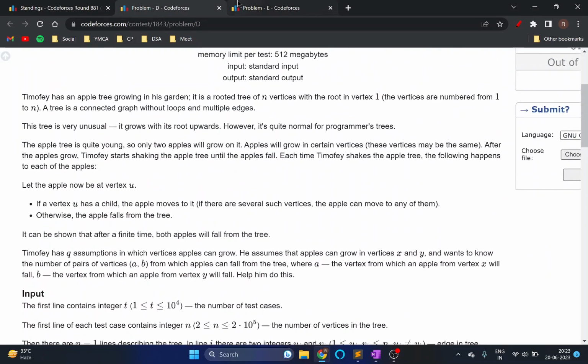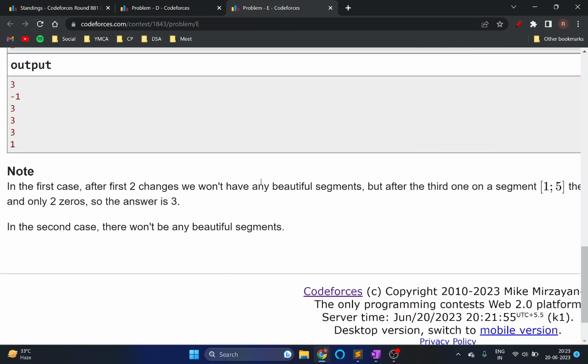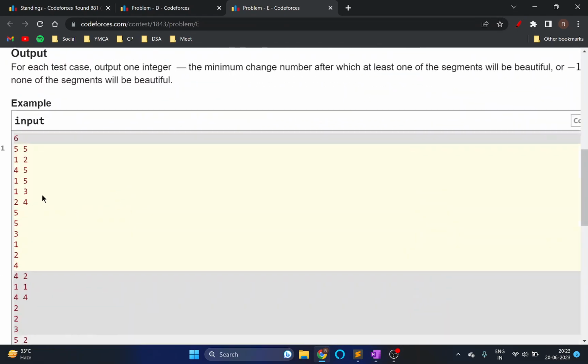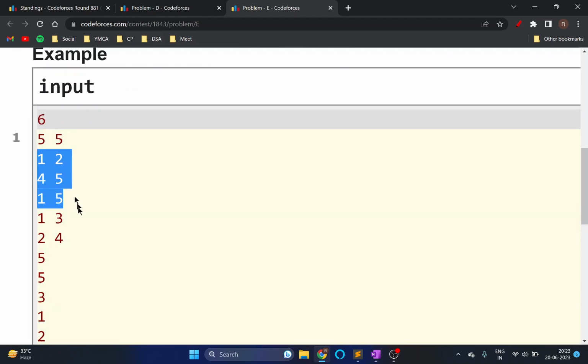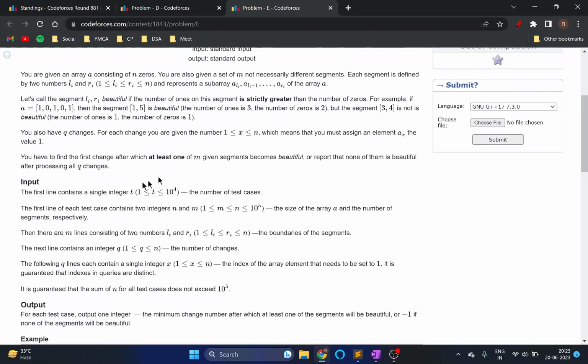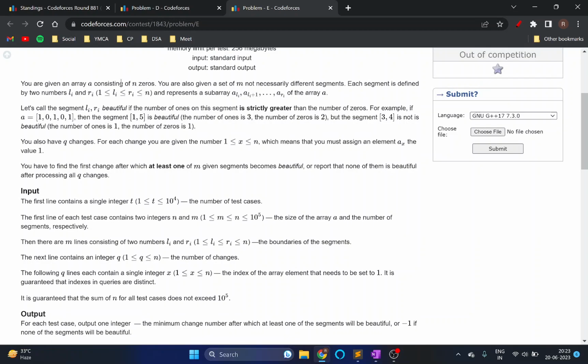Let's see the D problem. So basically, initially all of them are 0, I guess. Yeah, all of them are 0. So once I make someone as 1, we'll make a change there, and we cannot actually check for every segment again and again. So what if I say that for every segment,